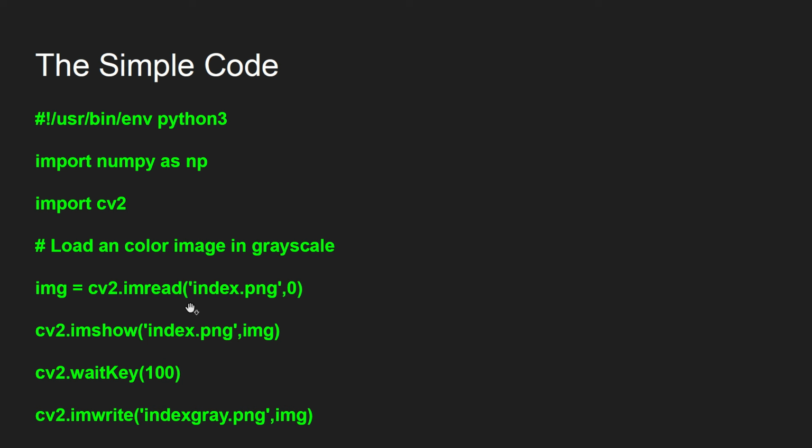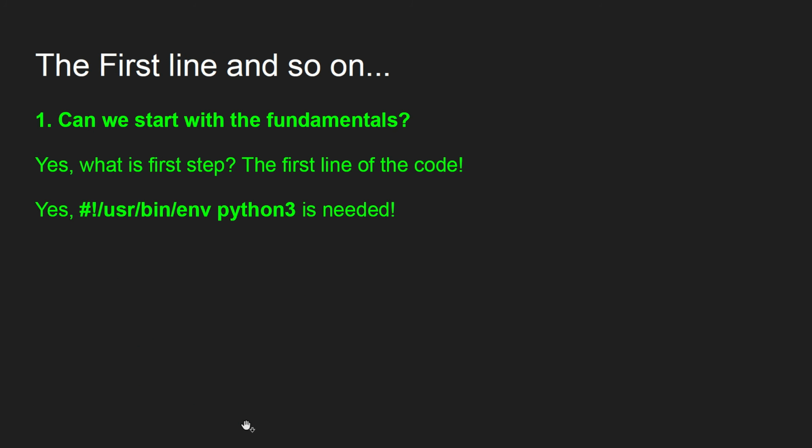Now we have taken the input image, which is a color image. Now we have shown it as the grayscale image. Sorry, it is not black and white, it's grayscale. And I need to save it as a grayscale image itself, and for that I use imwrite, which means I am writing an image using imwrite, and the name of the file is indexgray.png. That's it. It's very simple. We'll go step by step right now and we will understand. The first line of the code I explained to you. This sets up everything without which you will get an error.